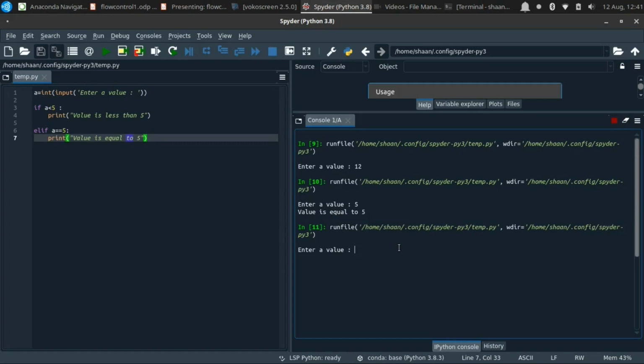Now let us see what will happen if I give a value which is less than 5, for example 4. Now as soon as I press enter, the control will go to line number 3. Now here the condition in the if block is true as 4 is less than 5. So the statement inside the if block, that is value is less than 5, is printed, and then your program